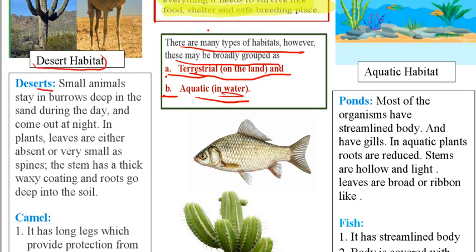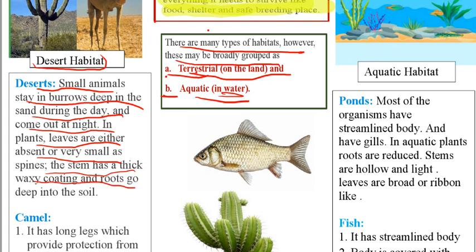In deserts, small animals stay in burrows deep in the sand during the day and come out at night. In plants, leaves are either absent or very small as spines. The stem has a thick waxy coating and roots go deep into the soil. So what this says is that the small animals that live in the desert